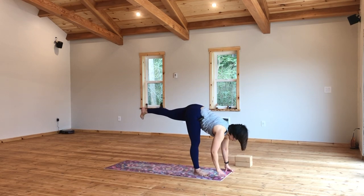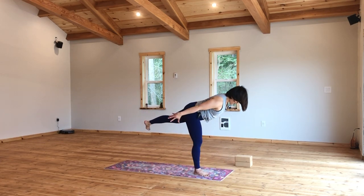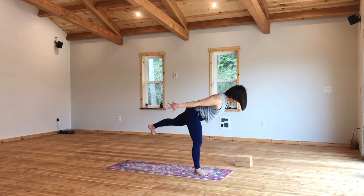Feel free to stay here. If you have blocks at home, you can rest the hands onto the block. Otherwise, see if you can get light to your fingers and start to float into your warrior three, arms reaching back. Pause for a second. Find your breath. Hugging into your left thigh bone towards the socket